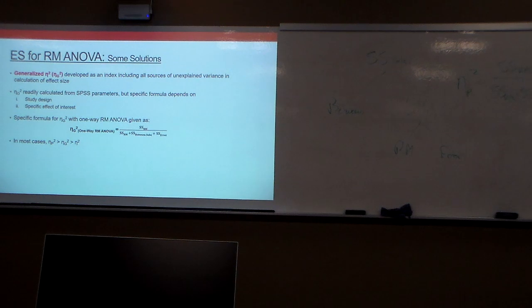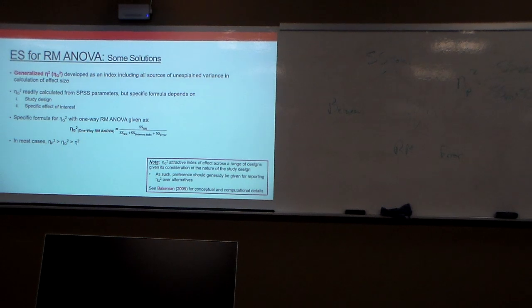As our denominator gets bigger and bigger and bigger, Sean, what does that do to our effect? It's smaller. It's smaller and smaller, right? And we all like big effects. We're all excited when we get big effects, but I wanted to make sure that if we need to put the effects from my repeated measures design in context with a different study that's between subjects, we make them a little bit more comparable. Okay. Questions about this? Okay, cool. So again, generalized eta squared, attractive measure,